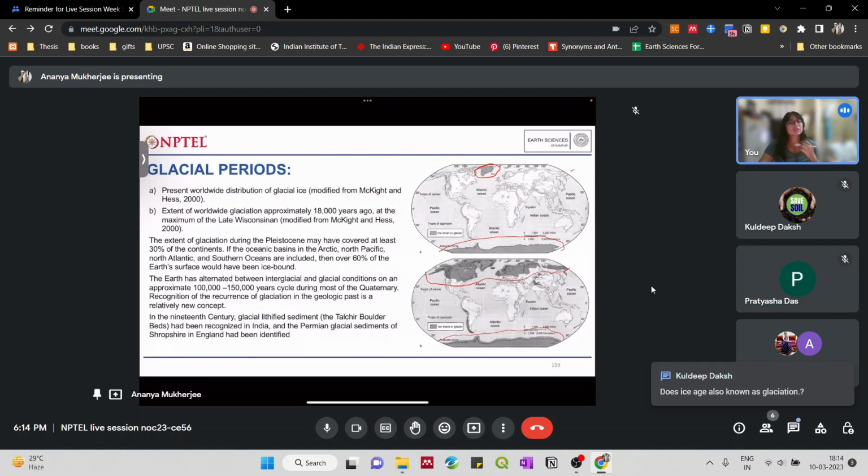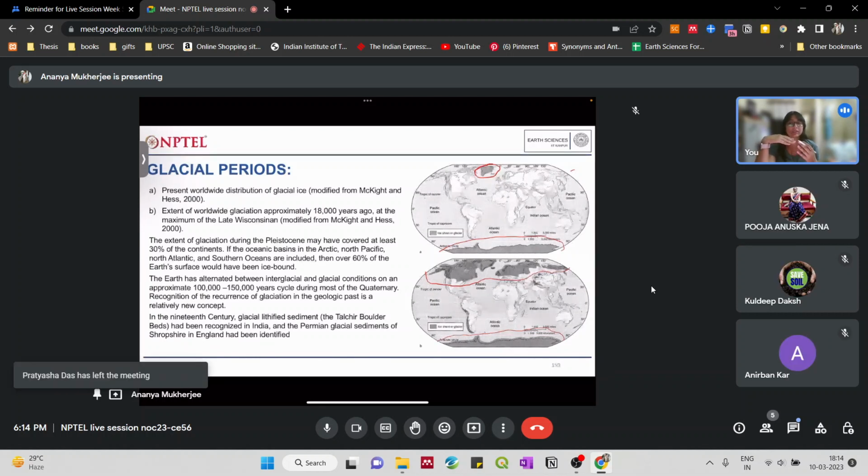Ice Age is known as the glaciation period. So we call it Ice Age, considering the duration during which the glaciation was at its peak. That time is Ice Age. So we've had multiple ice ages in the past. And we started learning about these glacial, interglacial periods around the 19th century, when sediments